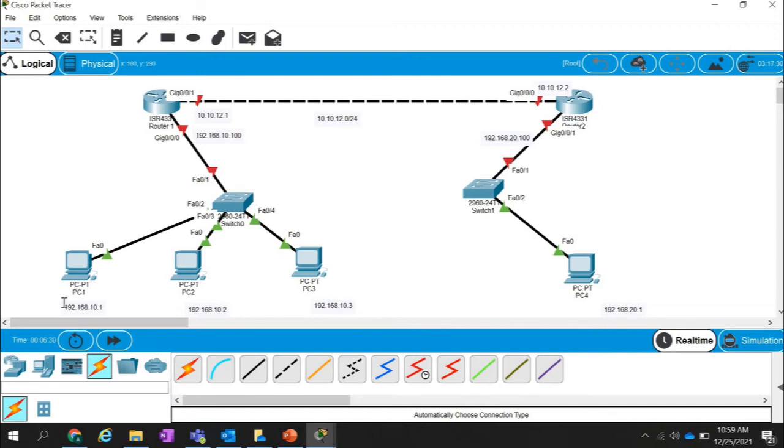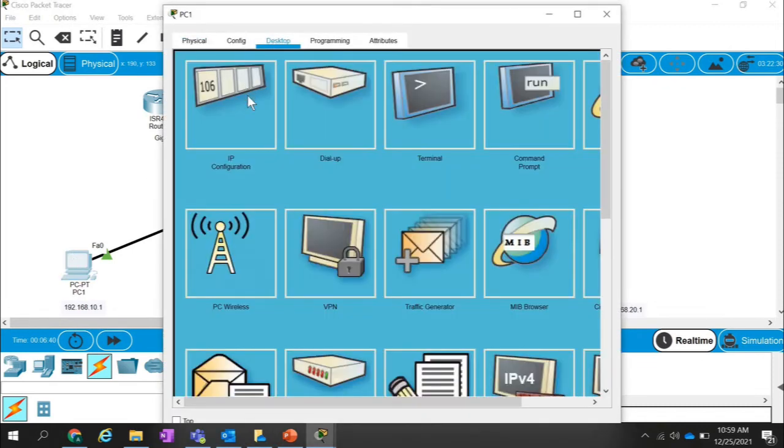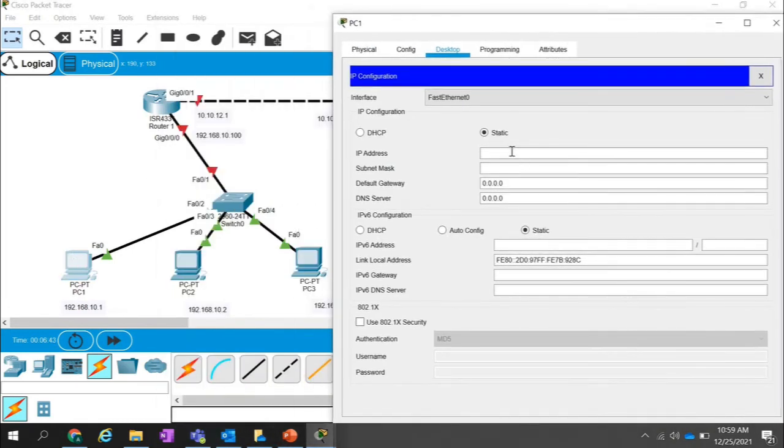So let me explain what we are going to use. We are going to use this 192.168.10.0 network. Here the default router is 10.100 for all of these. So let me configure the PCs first, right? I'm going to use it here, 192.168.10.1. Let me copy it. Oh, it's not copying. Control C. The default router is already filled, let me put it 100. Okay, and this is done.